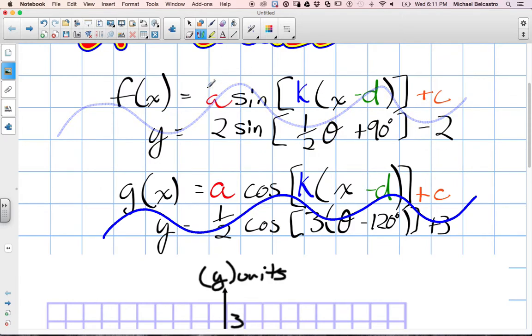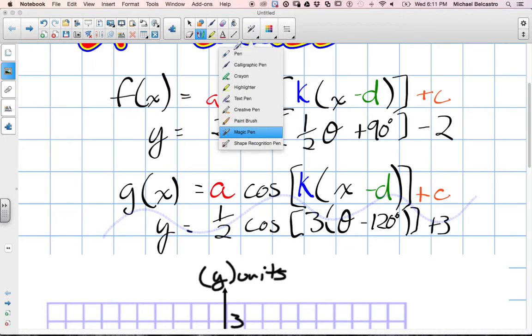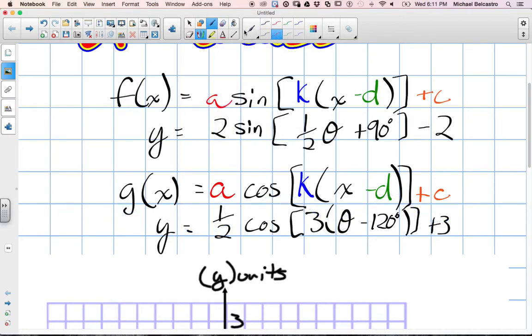When we translate, we know that our A value is going to deal with anything vertical. That's a stretch or a compression. So we say vertical stretches, compressions, and technically flips too. And C is also vertical, but it's positive for up and negative for down. Our K value is horizontal stretches, compressions, and flips. And our D value is horizontal,